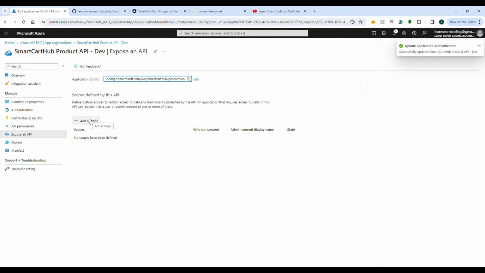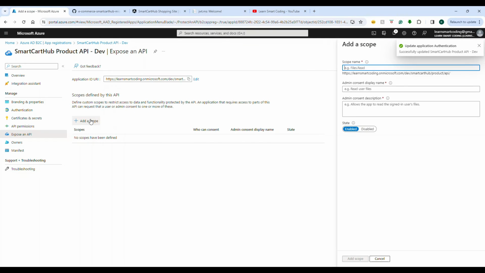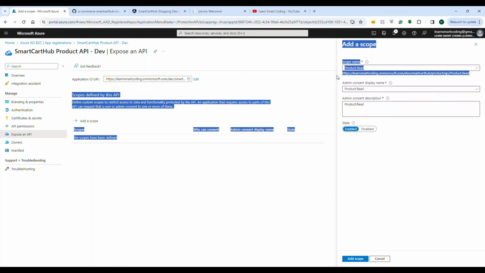Then I can click on add scope. Add scope will become a scope. So I wanted to say product.read. I wanted to create a read scope, okay, where only read permission is given. And you see this, after I give this, this will be the final URL. Okay, so I'm adding a scope,